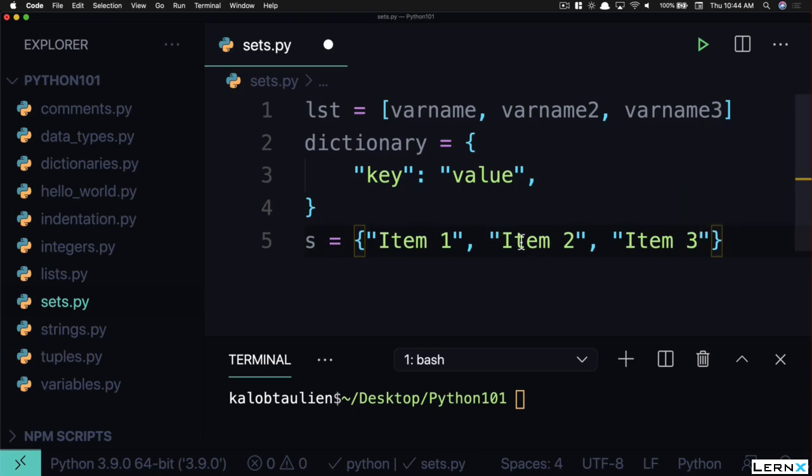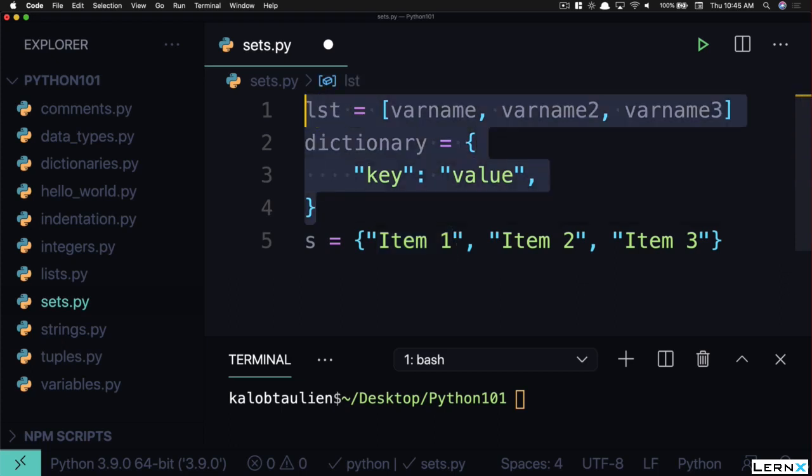Now, what makes a set unique is two things. A set, first of all, is not going to maintain its order. In a list and a tuple, it maintains its order 100% of the time. So if this were a list, this would say item 1, item 2, item 3. If this were a tuple, it would say item 1, item 2, item 3. A set does not do that. A set is going to say, oh, okay, just store this anywhere, and it doesn't matter. It doesn't have to remember the ordering, which makes it also a little bit more performant as well.